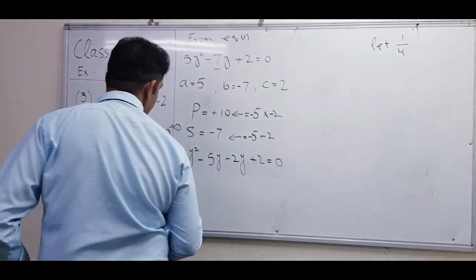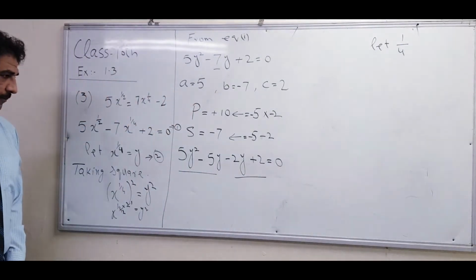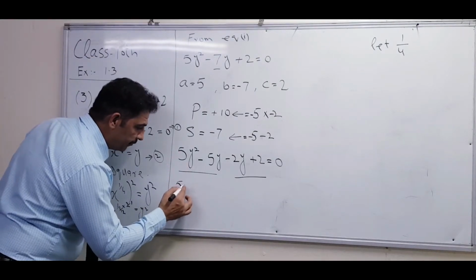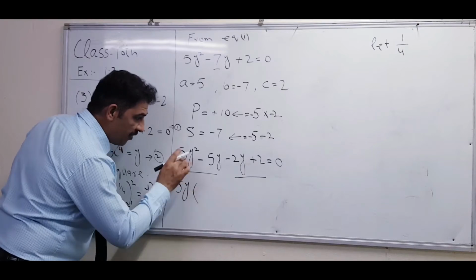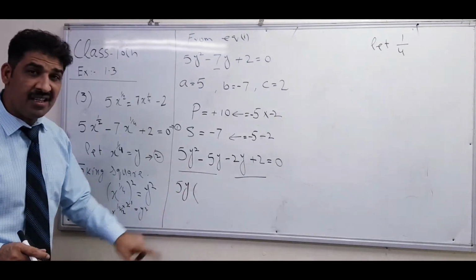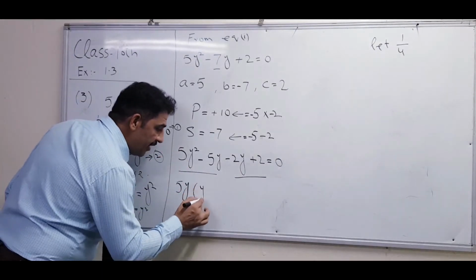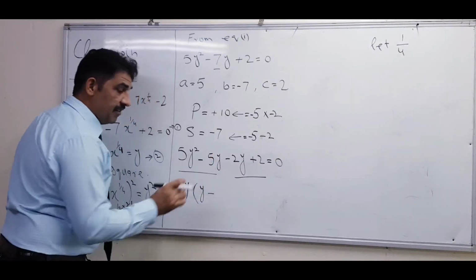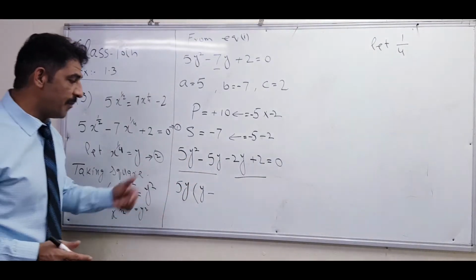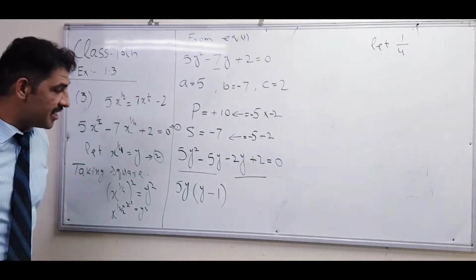Good. When there are 2 pairs, we will check what is common in the first pair and what is common in the second pair. What is common in the first pair? Yes, 5y. Good. So what is remaining here? 5y is taken common. 5 ones are 5, 1 we need not write. Y square means 2 terms of y, 1 term taken out. So what remains inside? 5y has come out entirely as common. When it comes out entirely, what will you write inside? Only 1. 5y ones are 5y.